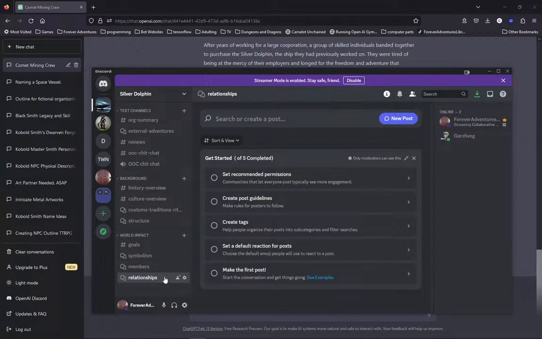Honestly, this organization is starting to sort of build up into a potential PC group, right? Player character group for a tabletop RPG, or the main character group for a story. And originally, I just intended it to be this sort of side set of characters, this side organization. The main characters of your story might bump into these guys for a little while and then just carry on with their day, or maybe they're stranded and they bum a ride or something like that. But it's developing into what I think would be a really cool main story arc.